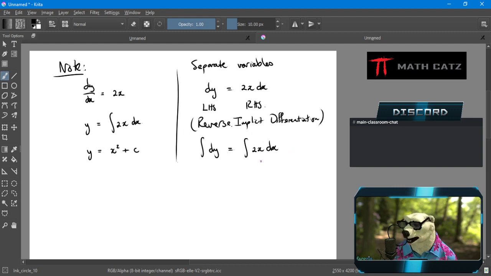This isn't quite complete until I've resolved each of these antiderivatives, but we just write it like this as an informal next step. Now the key thing in this separation of variables method to solve the differential equation is to